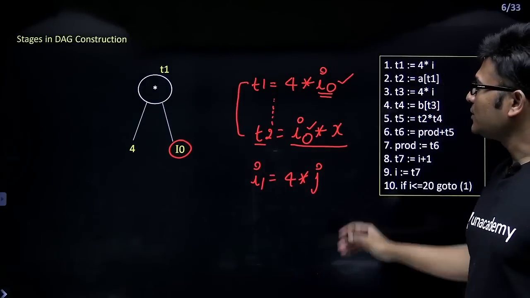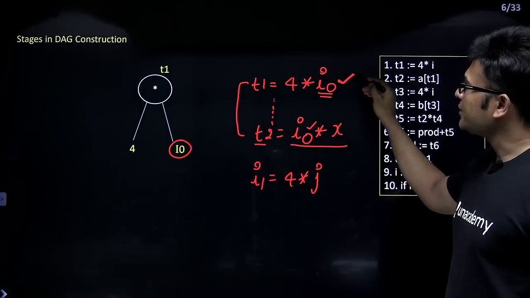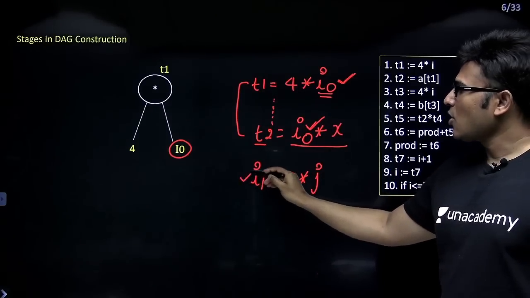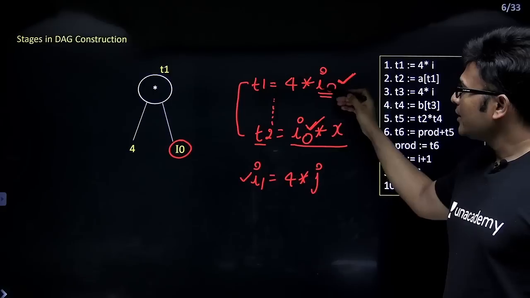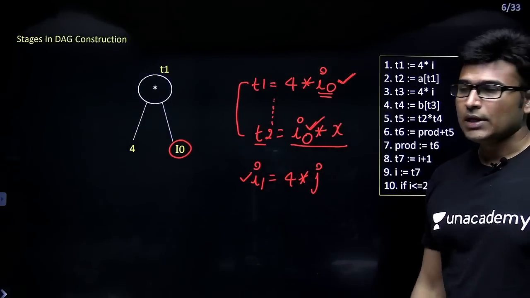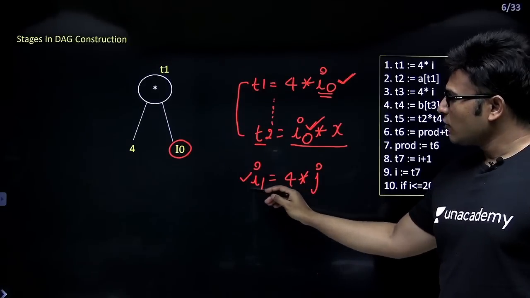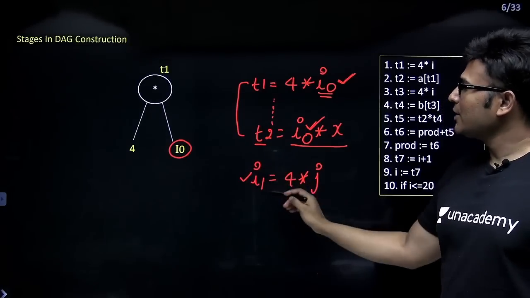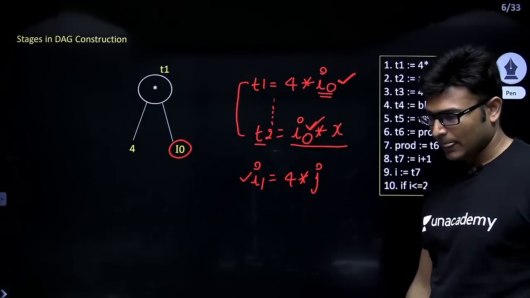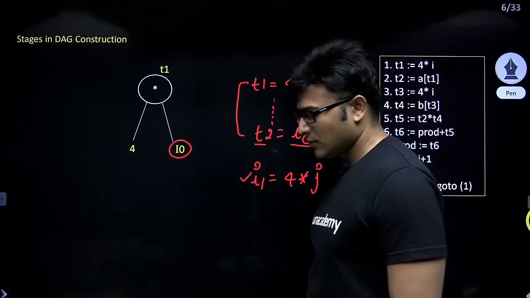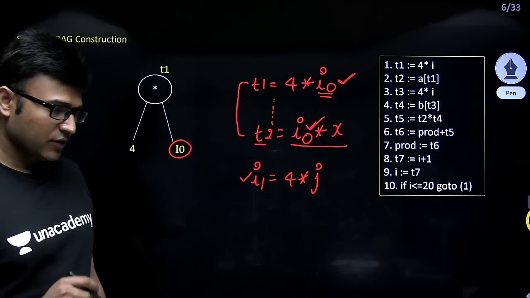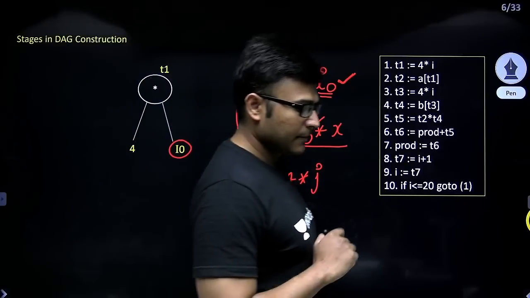Why? Because the value of i0 here and the value of i here are different. Here and here the values of i are the same, and here the value of i is different. Therefore, in this statement, I cannot use the same i0. That is the meaning. So with examples, this point will be clear. Even if you don't understand it now, don't worry about it. With a lot of examples, I'll try to explain it.